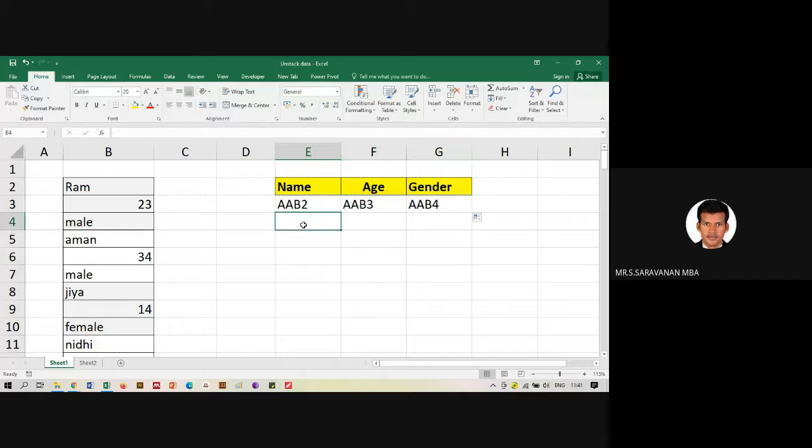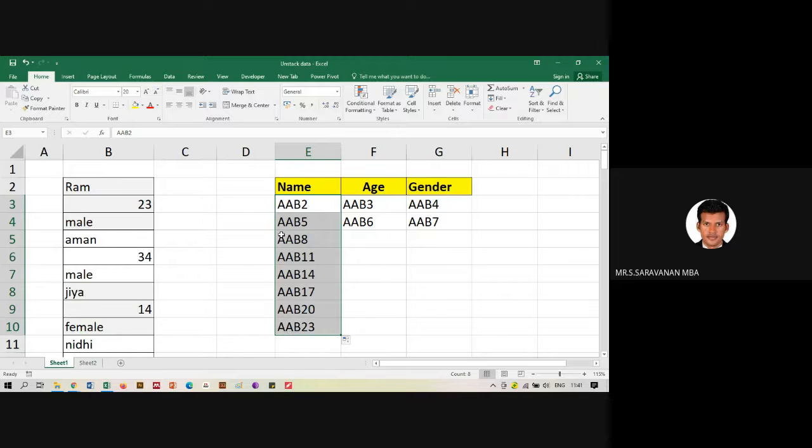So again AA, B5. See, automatically it knows the pattern. Automatically Excel is giving you the change.